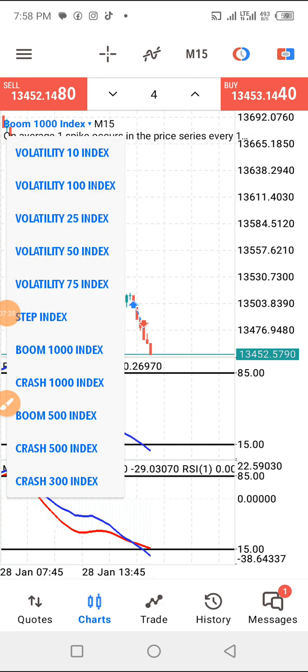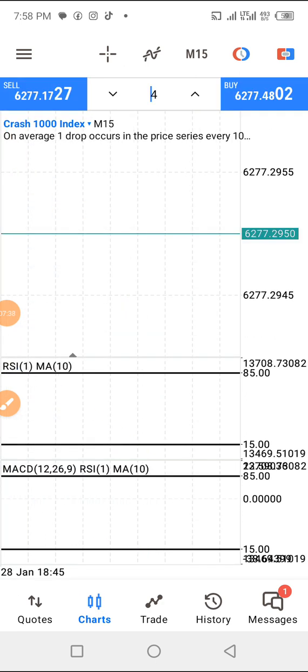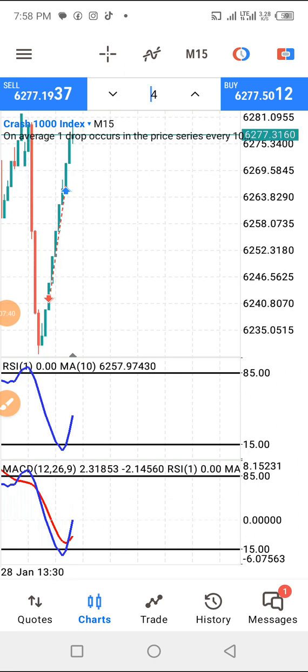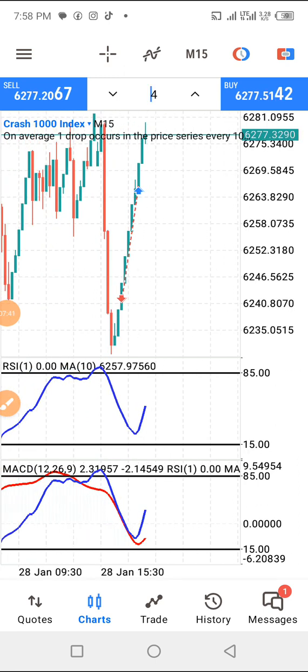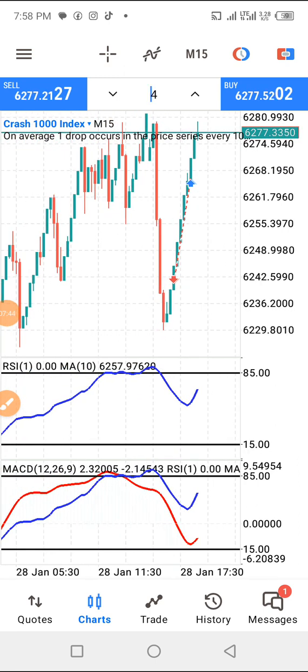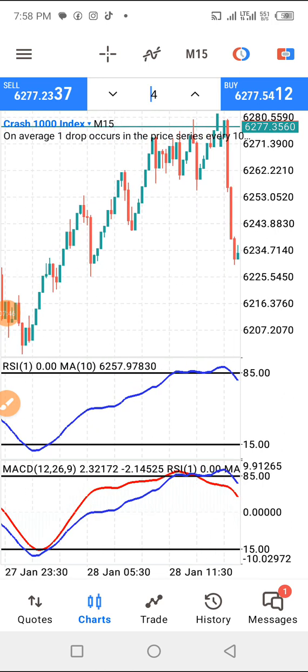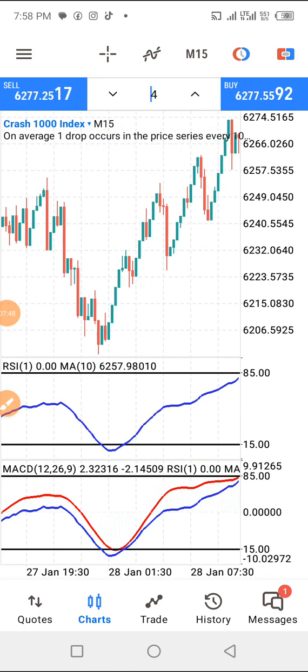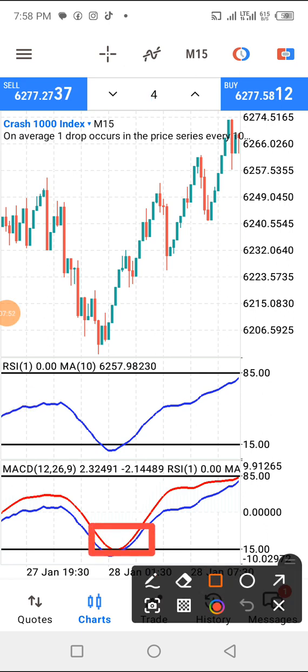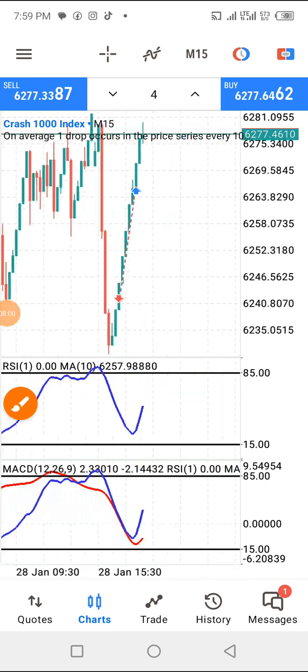So let's check crash 1000 also. Crash 1000. Now, can you see? It was at this point we have a good entry. Can you see, guys? You notice that the spikes were not huge enough to close our trades. So as it is now,